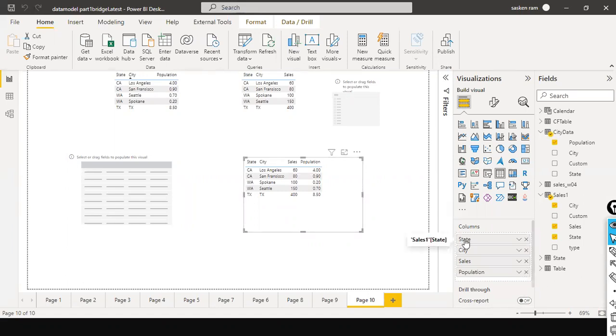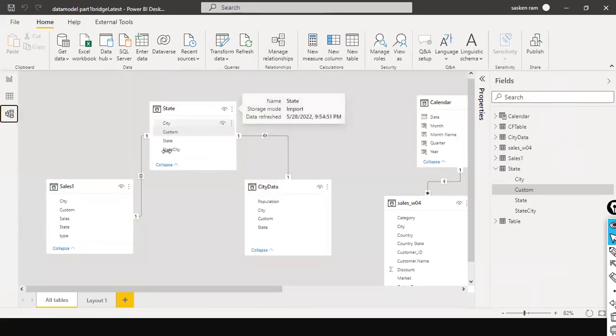So yeah, sales one state, sales one city, and sales one sales. This is the one that comes from city data population. Since we have created it, now it is doing correctly. So now the question is, without having this bridge table itself, I'm able to do it by introducing a custom